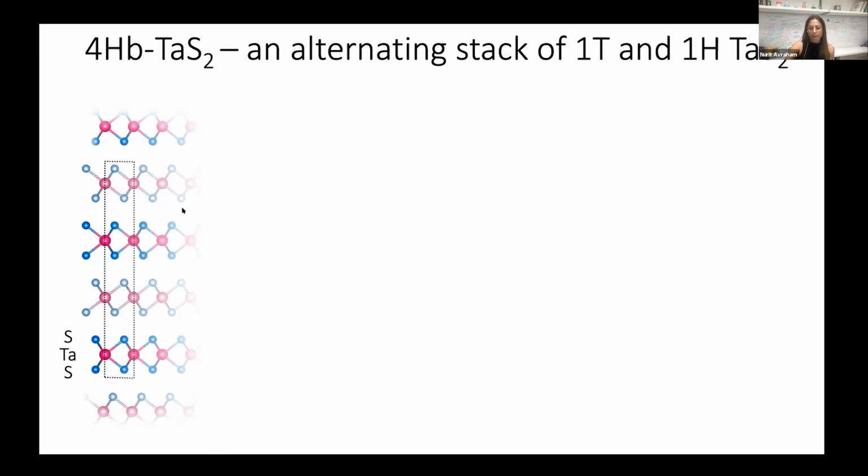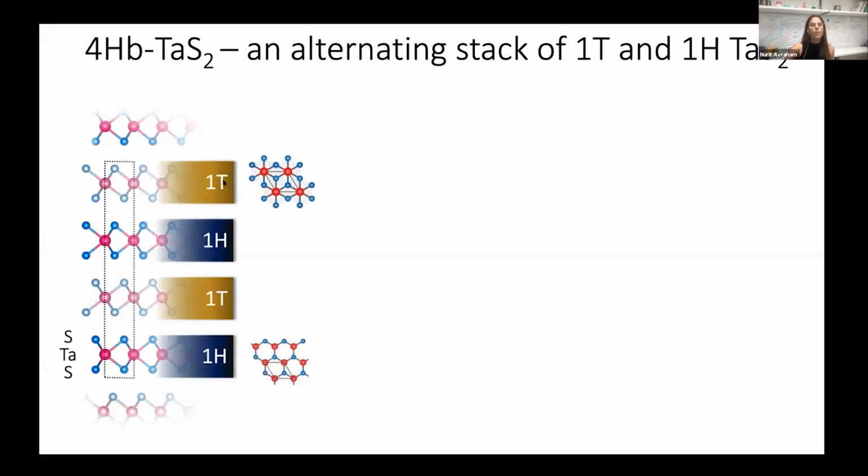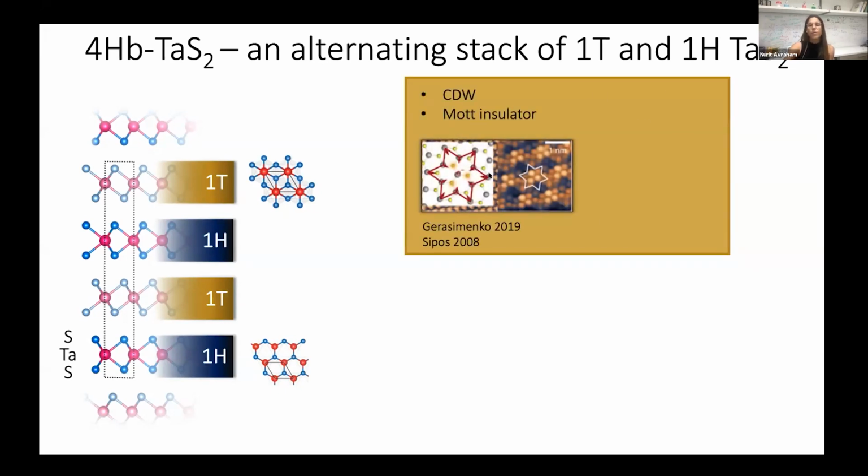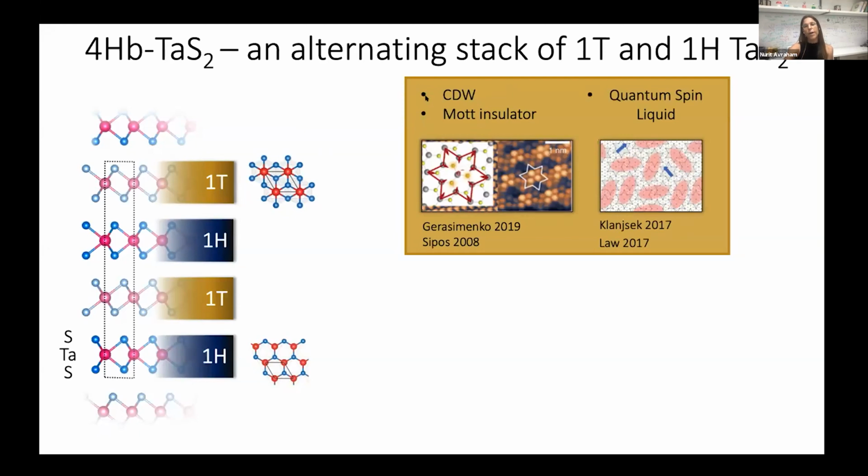And so this is the structure. The main difference between the 1T and the 1H is that the layers of the sulfide here, in the case of the 1H, are aligned vertically one on top of the other, giving rise to this top view. And in the 1T, they are rotated one with respect to another by 60 degrees, giving rise to this top view. As for their electronic properties, the 1T has been shown to exhibit different kinds of CDW